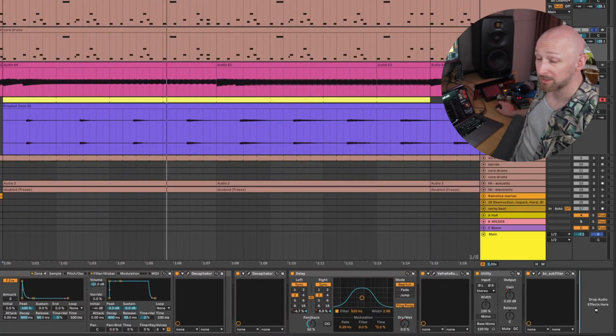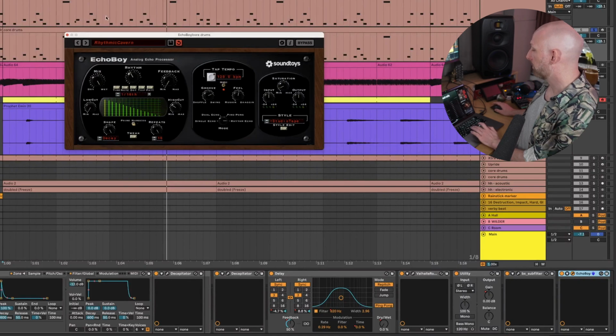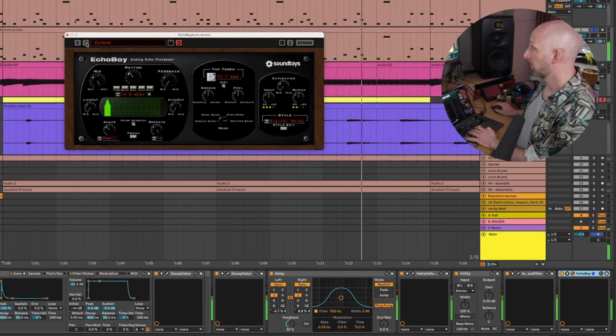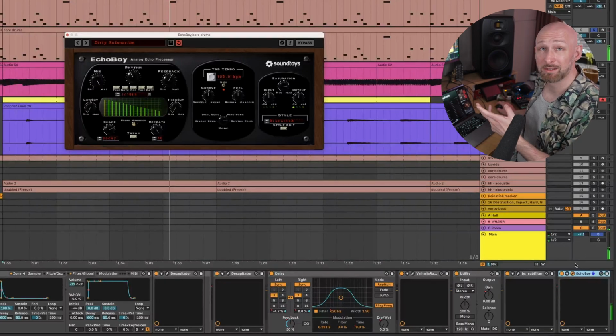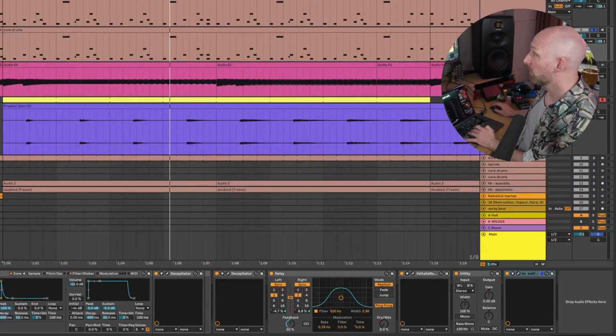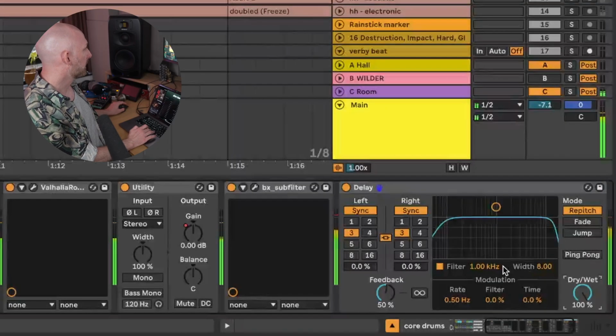go and you find your favorite crazy delay plugin. You just browse through some presets and you set your mix to 100%. And then you would freeze and flatten, but actually let me just use Ableton's native one, just to prove that you don't need to all go out and buy Echo Boy. Here, you just make it completely wet, set the feedback really high,